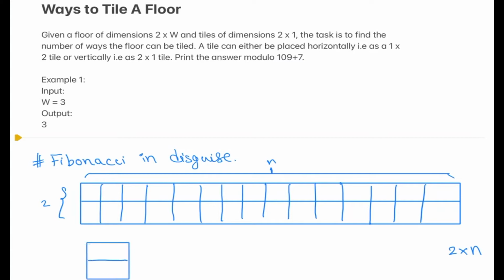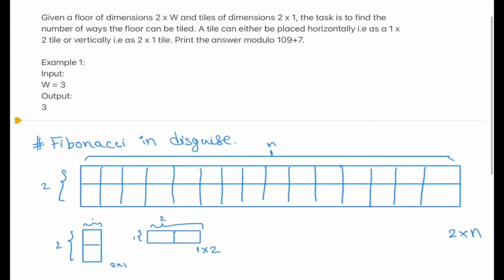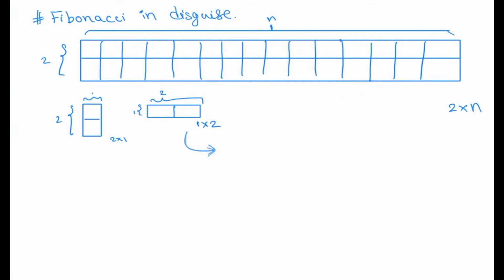So we have tiles, that is 2 cross 1, and it can be rotated as 1 cross 2 as well. So I'm going to call this horizontal, let's represent it with capital H, and this vertical, represented by capital V.